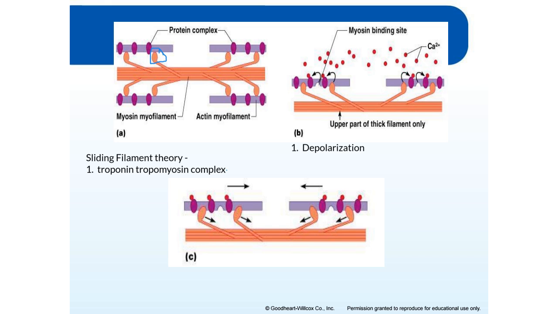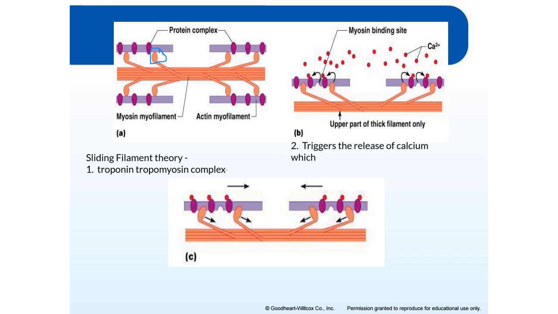That caused all that sodium to rush into the muscle cell, right? So when all that sodium rushes into the muscle cell, that triggers that depolarization. Well, that depolarization then triggers the release of calcium, which is stored